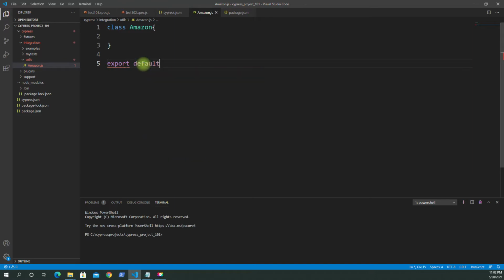I'm going to export default Amazon, and now it's happy. Now inside here, let's name our method login, and we don't need a parameter